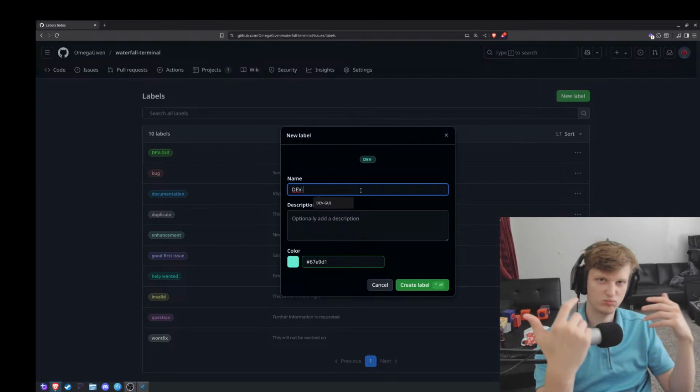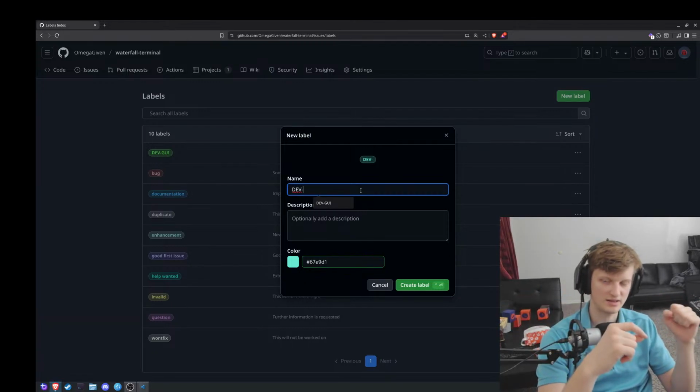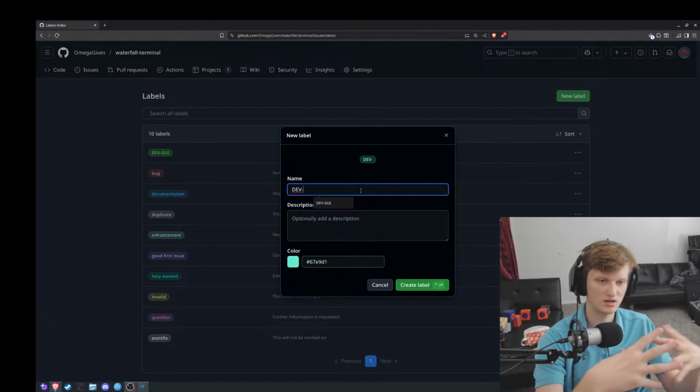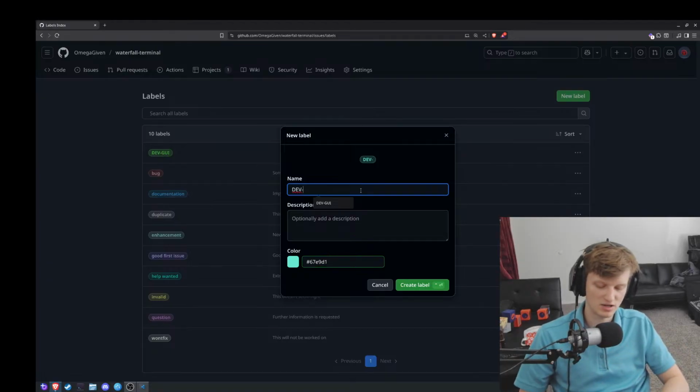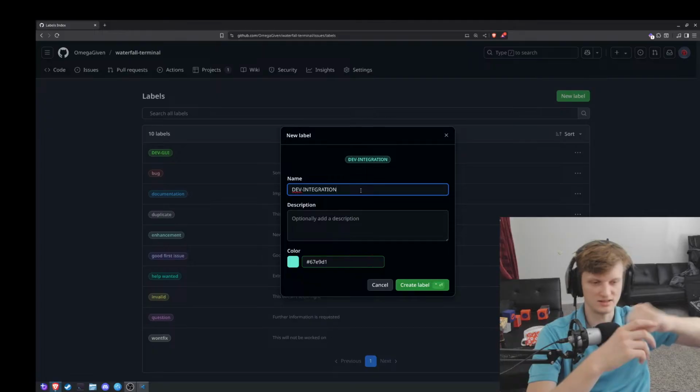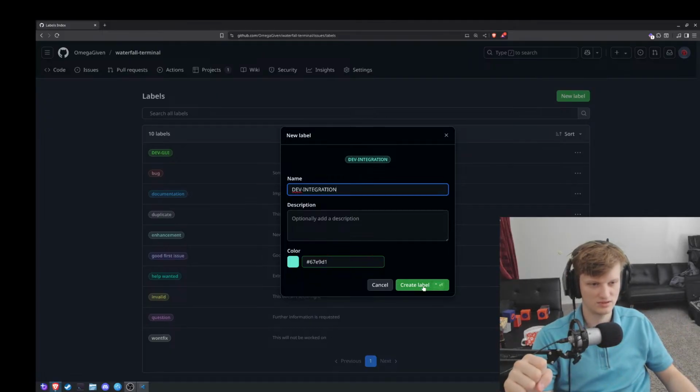We need to figure out how to plug in the modules in the back end into those to be able to make it work. So let's call this dev integration. That will be basically how we get the modules into the UI.